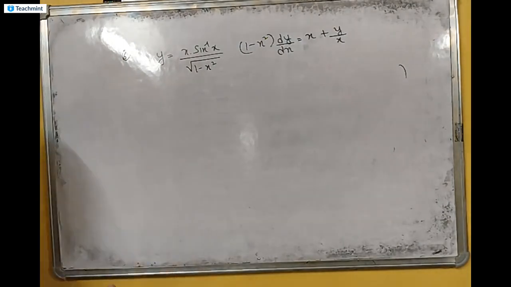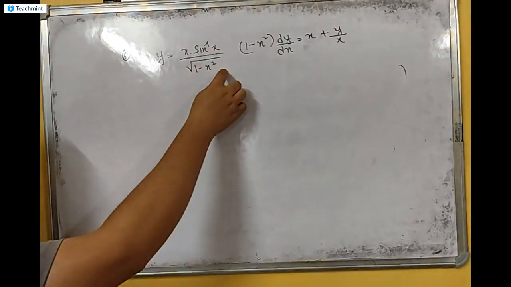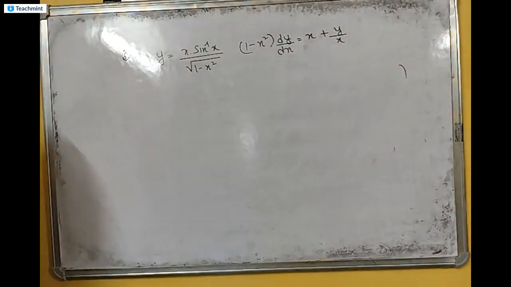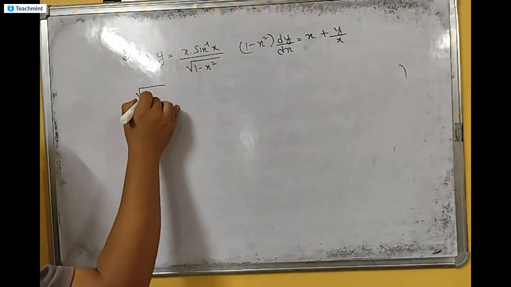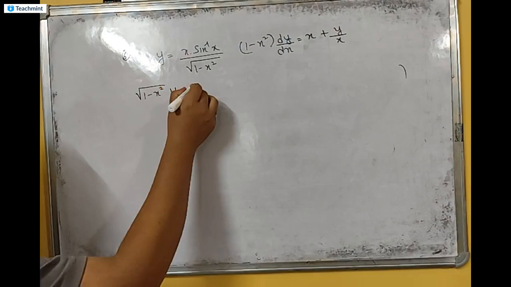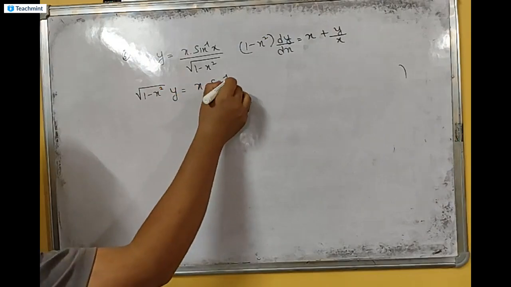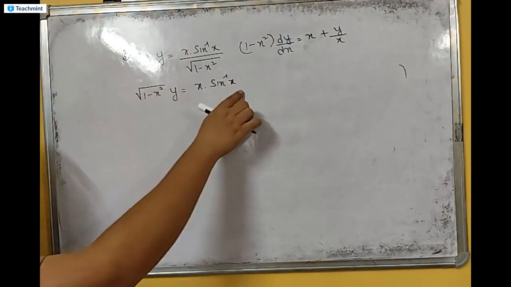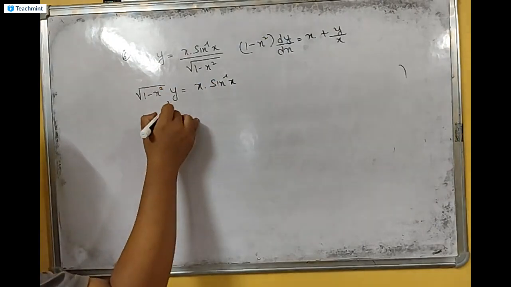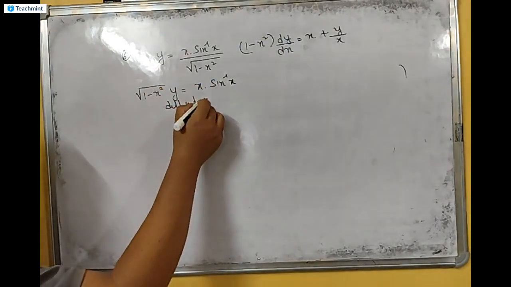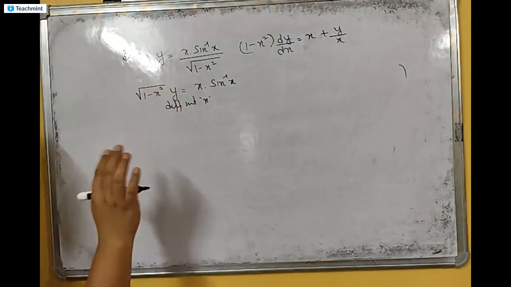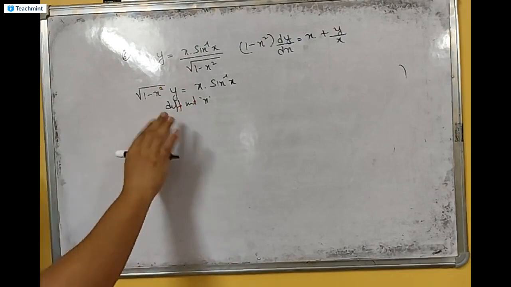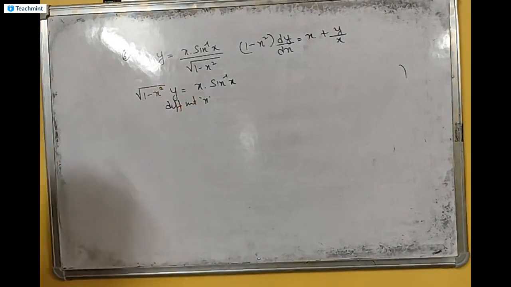So out here, the problem is, this is u by v. If I use the quotient rule, then again it's u into v, so it gets complicated. So how do we make it simple? Take this one now. So you get root 1 minus x square into y equal to x sine inverse x. Now this is also product rule, this is also product rule. Come on, help me differentiate. Please don't forget to write this, okay? I'm ignoring this because I feel that you all know that every time you have to write differentiating with respect to x. Now when I write differentiating with respect to x,